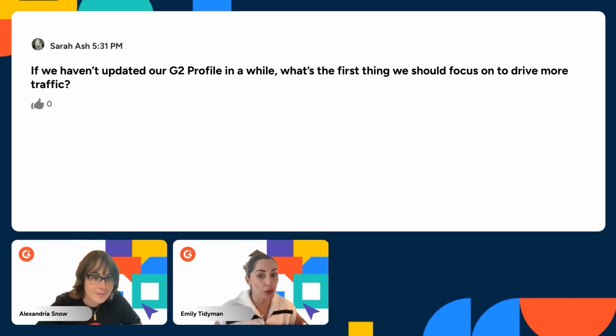Absolutely. And one thing too, to add to that, Snow, as your product changes over time, whether features are being added or whether features are being sunsetted, I highly recommend ensuring that your feature section within your My.G2 is accurately filled out. And these features pull from your categorization. So for example, maybe there's new categories we need to be added to or categories we need to be removed from to ensure that that feature and functionality list is accurate. We want to be an accurate representation of your go-to-market strategy.